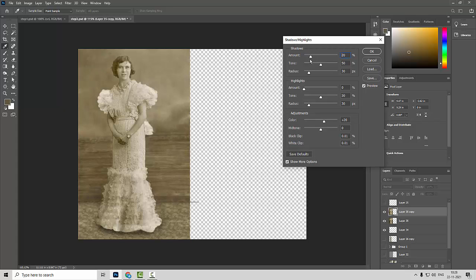The shadow amount you can select throughout your footage, and the highlight amount which you want to expose, and you can set the radius, and you can tone it, and you can use the color adjustment, and lots of things you can give back again to your old photo. Okay, something like this, you can see now we have the imagery of something like an old photo.